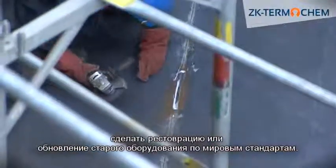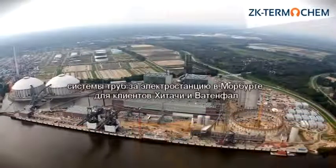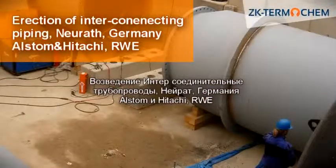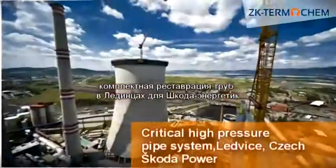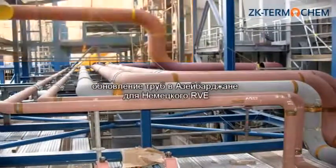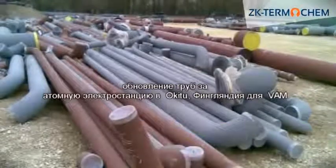accepted international standards. Some of the projects we have worked on are high-pressure pipelines for a power plant in Moorburg for clients Hitachi and Vattenfall, the erection of interconnecting piping block and conduit on Europe's largest power plant, Neurath, 2 blocks of 1100 megawatts for Alstom and Hitachi, complex reconstruction of critical high-pressure pipeline Ledvice for Skoda Power, prefabrication of pipes in Azerbaijan for Germany's RWE, pipe prefabrication for the atomic power plant in Olkiluoto, Finland for VAM, prefabrication